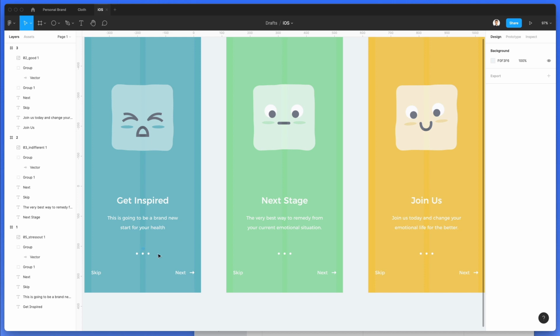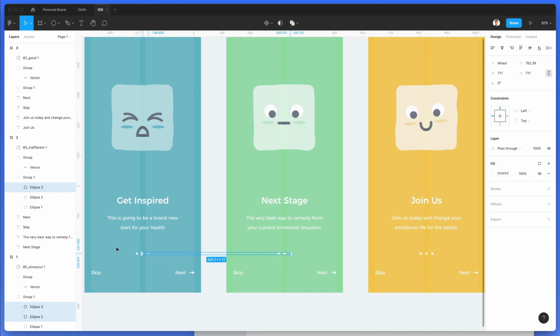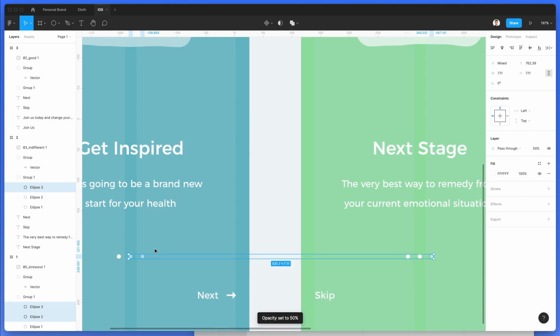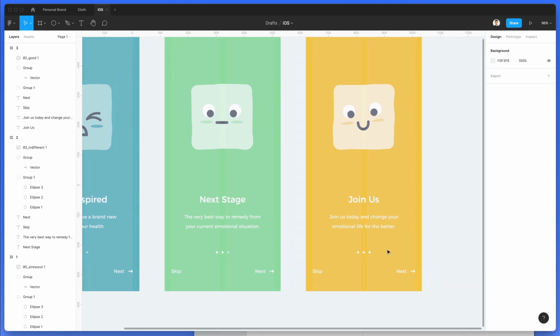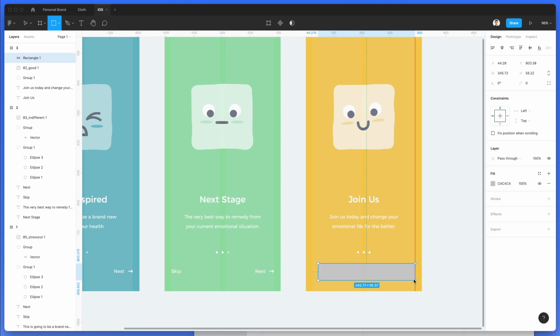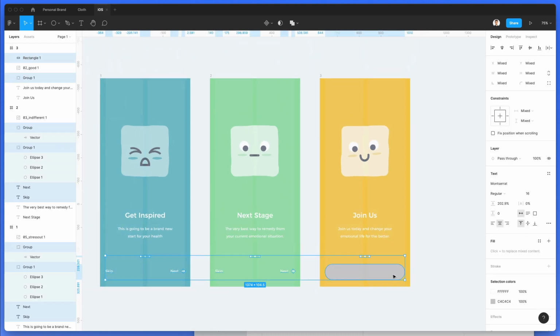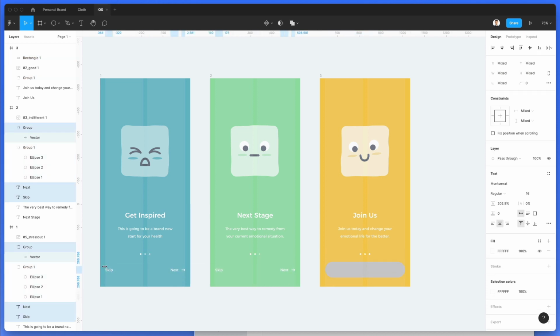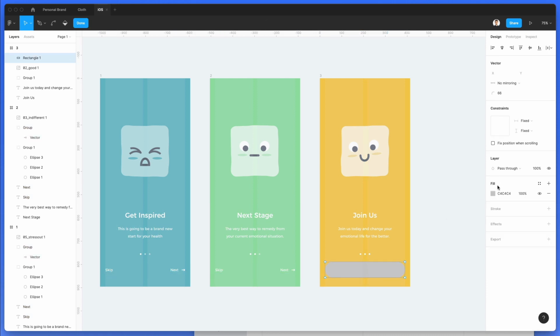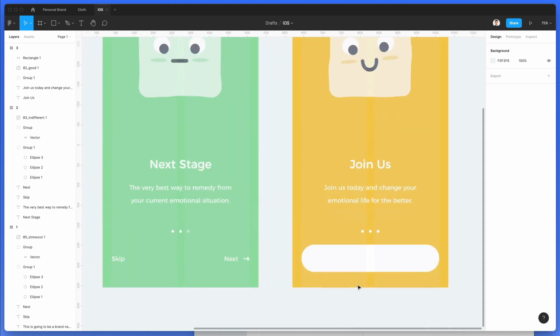All right. Now, one more thing that we're missing is these dots are actually all having the same color, but we want to mimic the first stage, second stage, and third stage. And at the very end, we don't really want these call to actions, but we want an actual button. So we're going to do that, and we're going to match the distancing that we have over here. So let's probably just bring this some notches up, just so that we can have a little bit more space when it comes to